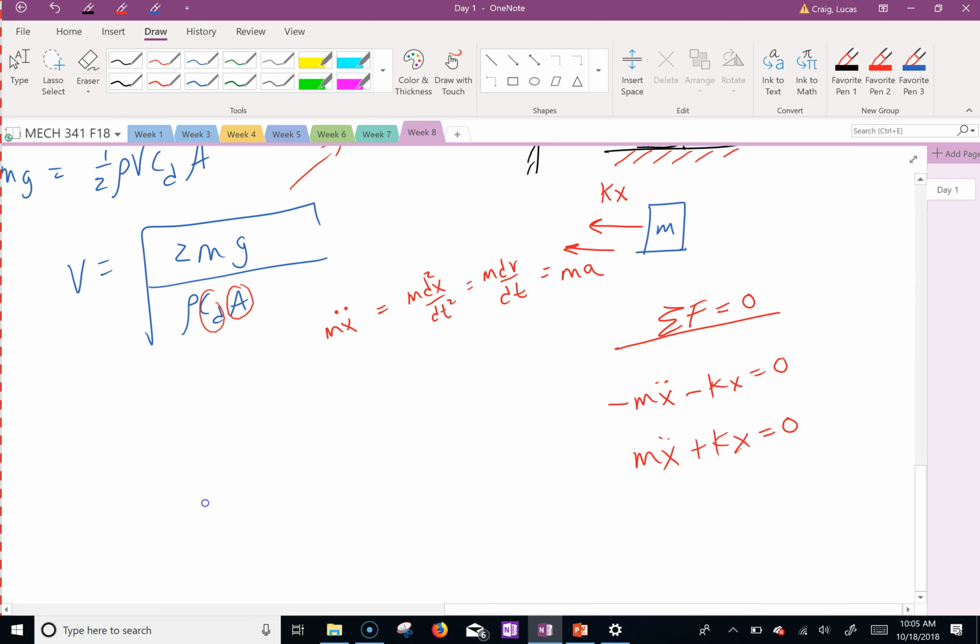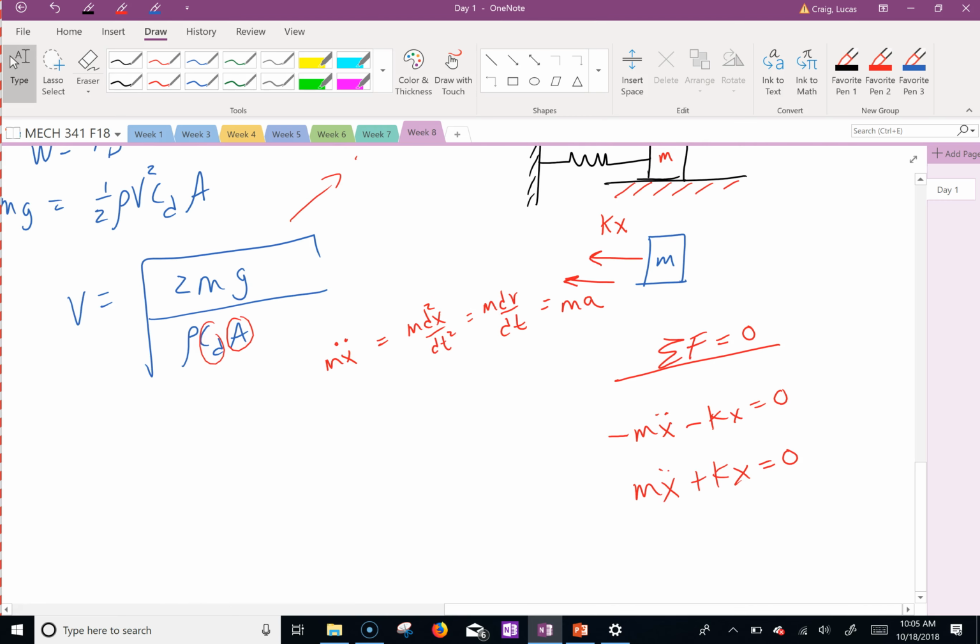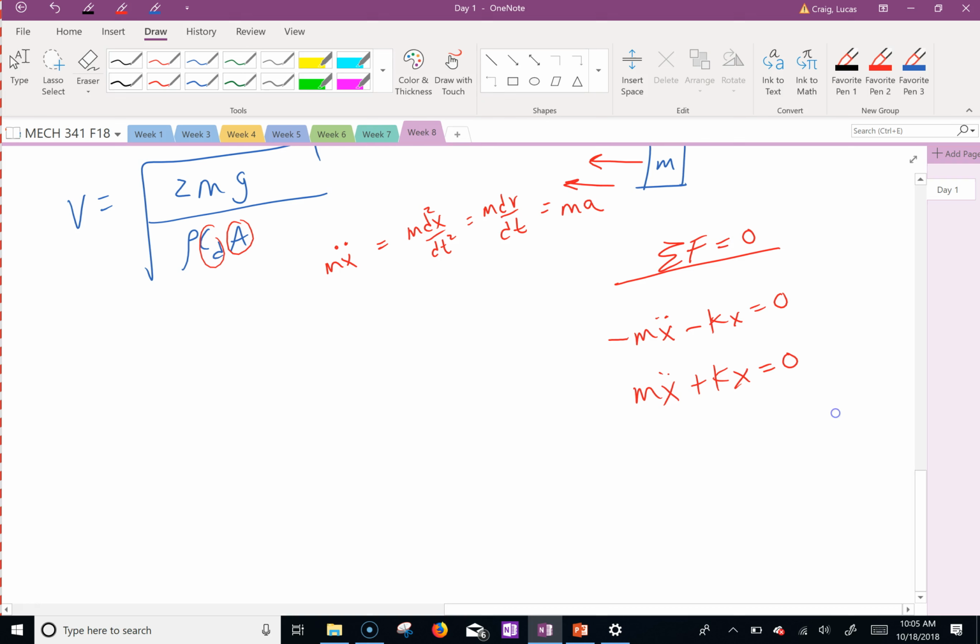This is where you apply your differential equations. What is a differential equation? All it is is the sum of your forces. That's all a differential equation is, looking at forces. The tricky part is solving them, right? This is what you have to classify. What is this? This is second order,